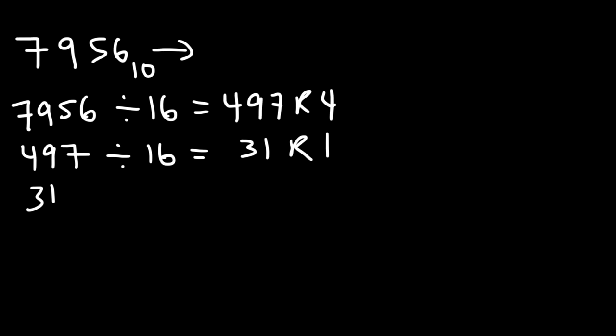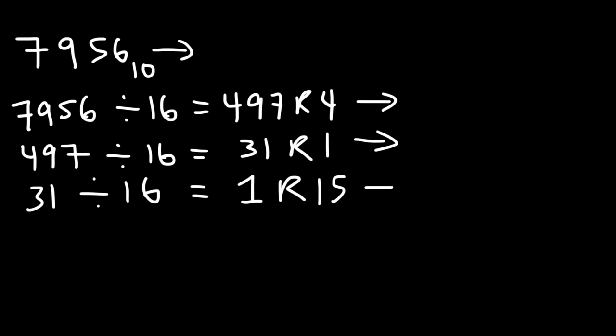So now let's divide 31 by 16. So this we can do in our heads. 16 goes into 31 1 time. And the remainder is the difference between 31 and 16, which will be 15. So now let's convert these into hexadecimal values. So 15 corresponds to F,